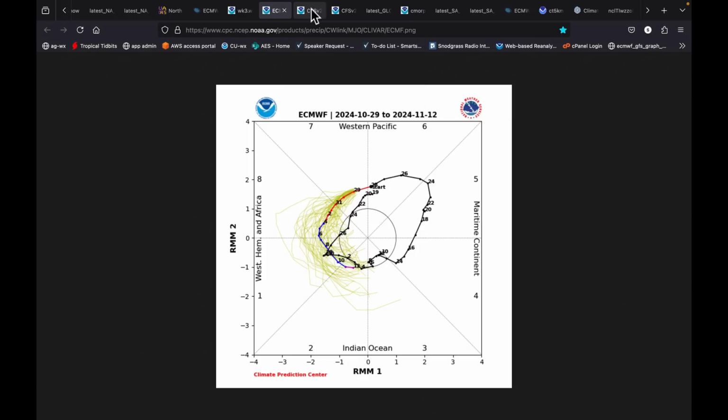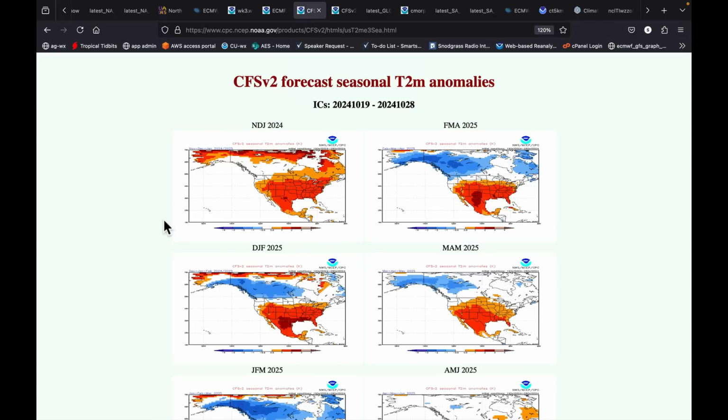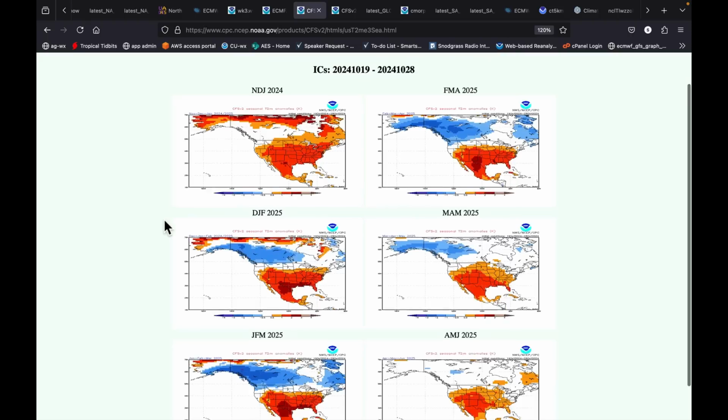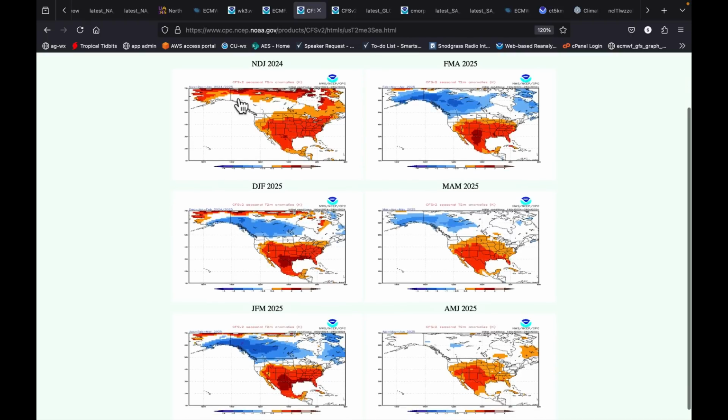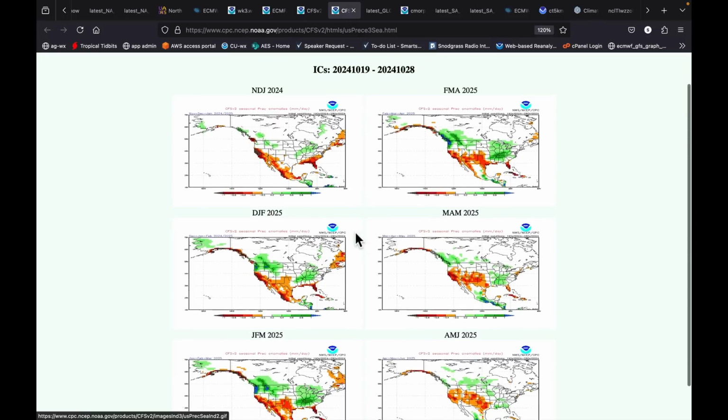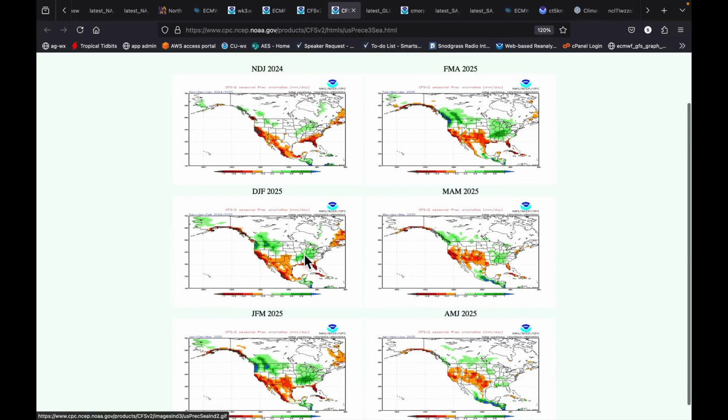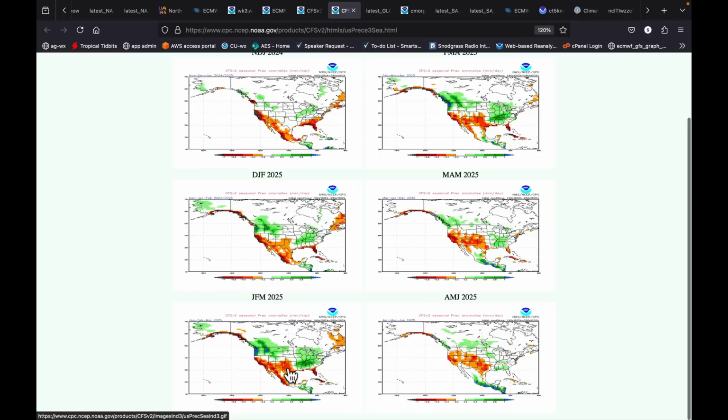But I do want to give you the latest forecast from the CFSv2, just given that I want to provide some long-range content. And this is the only model that's been updated lately. This is kind of a 6-panel outlook for a 3-month window: November, December, January, February, and so on. Not a whole lot of change in its temperature forecast, but a couple of things I noticed in the precip forecast. While the Northwest, Midwest, Mid-South and Ohio Valley remained wet through winter, it did bring drier conditions into Texas and up into parts of the Southwest, including more of California.